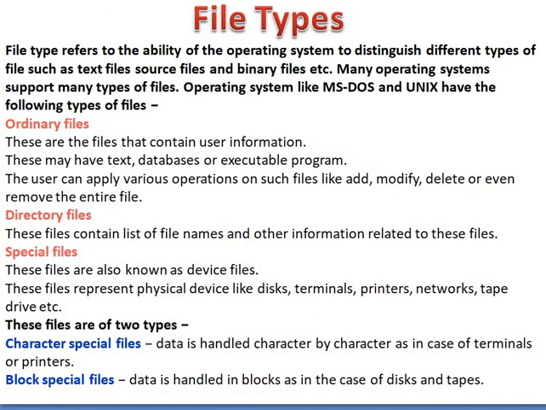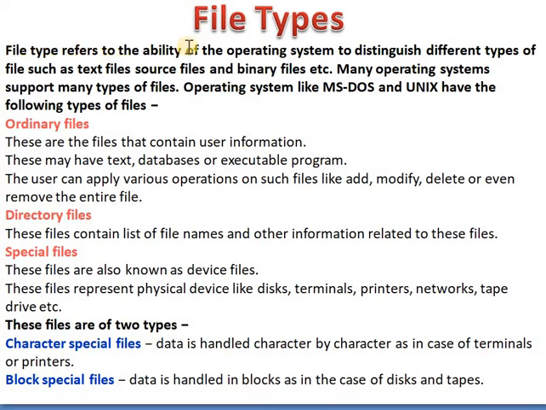Next we will see the different file types. We know there are different types of files present in our operating system. There are Word files, PowerPoint files, and some documents with Excel present in our operating system. That means there are different types of files. There are different types of records which we are going to store in the operating system. Let's see what the different types of files present in our operating system are.